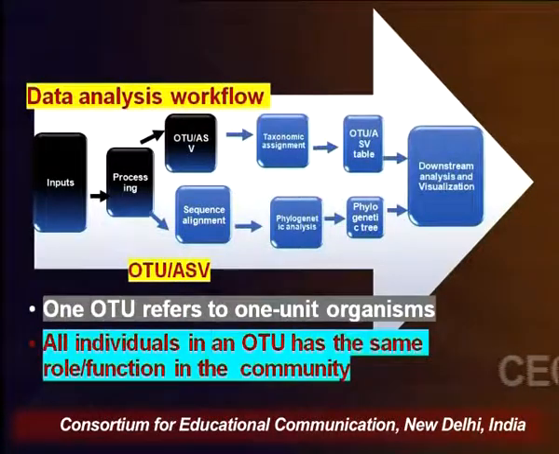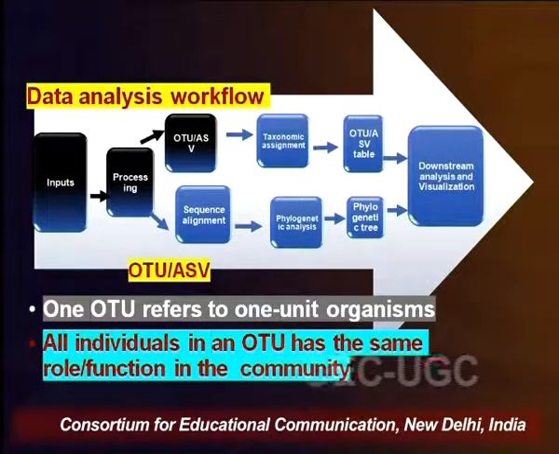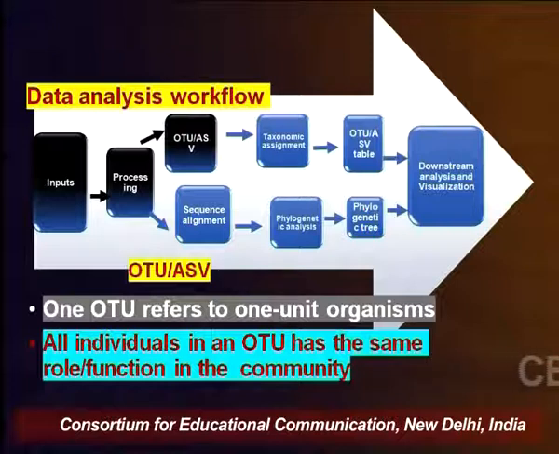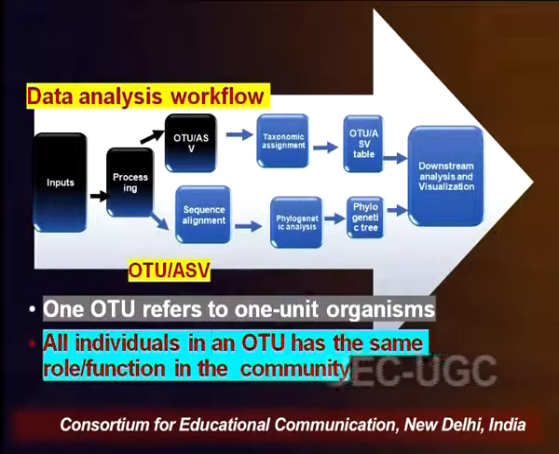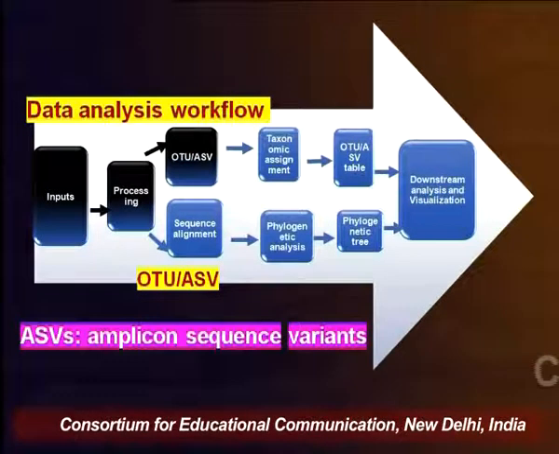and we can usually take this as a unit organism. In morphological studies, if we do similar things, we would call that a species. But in metagenomics, an OTU usually refers to one unit organism that could be related to any species, and all the individuals in an OTU are assumed to perform the same role or function in a community, meaning an OTU is a sequence which is forming a cluster, and all the sequences in this cluster are expected to perform the same role. But what was happening is